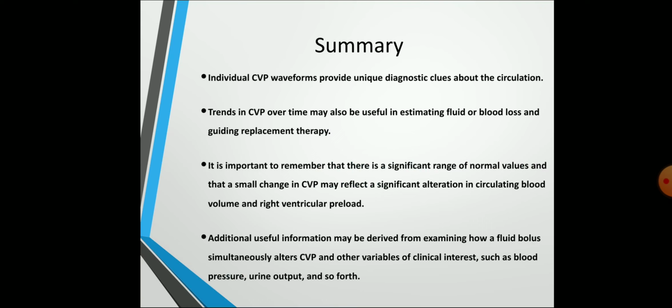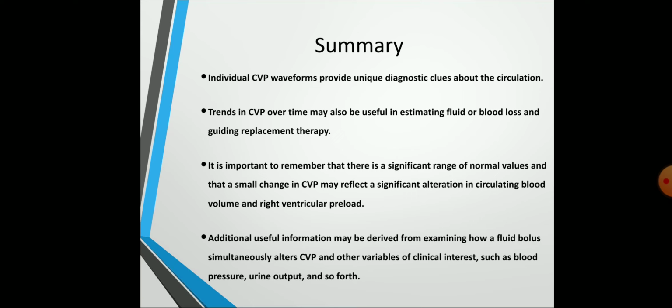From an anesthetist's point of view, especially when you use central venous pressure monitoring inside an operation theater, we use it to guide fluid responsiveness and to see how much fluid needs to be given. Normally the best indicator is urine output, but with that you also use CVP. If there is a decreasing trend in CVP, then you might have to give more fluids. If there is an increasing trend, and the CVP is more than 15, then you try to restrict the fluids and bring the CVP down to more or less a normal value of 12.